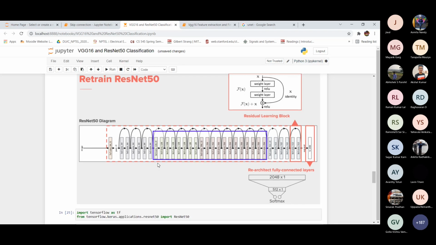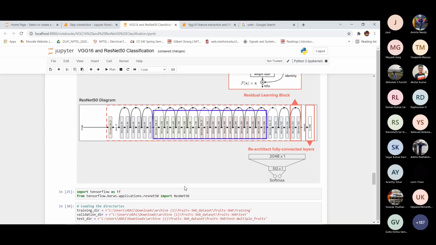It has 50 layers, and at the end we will get 1000 classes. We can modify it according to our need. If you want to classify only cats and dogs, then we will modify it for 2, so we will get cats and dogs classification.